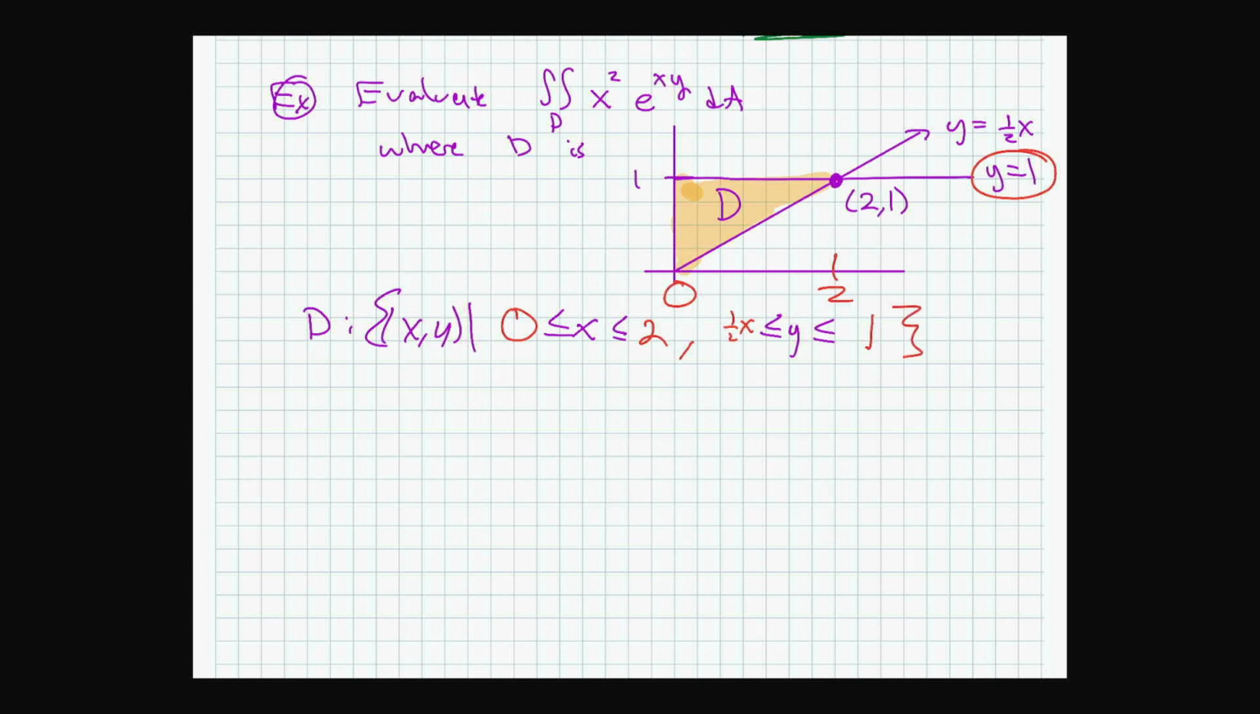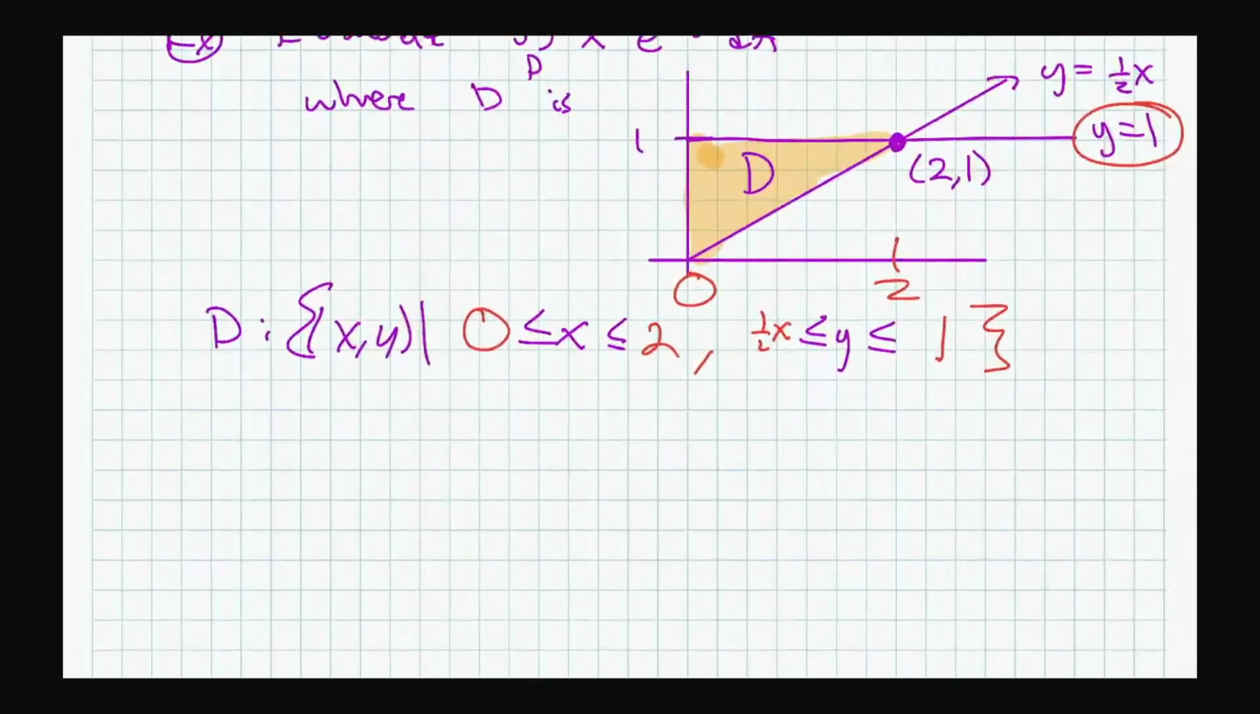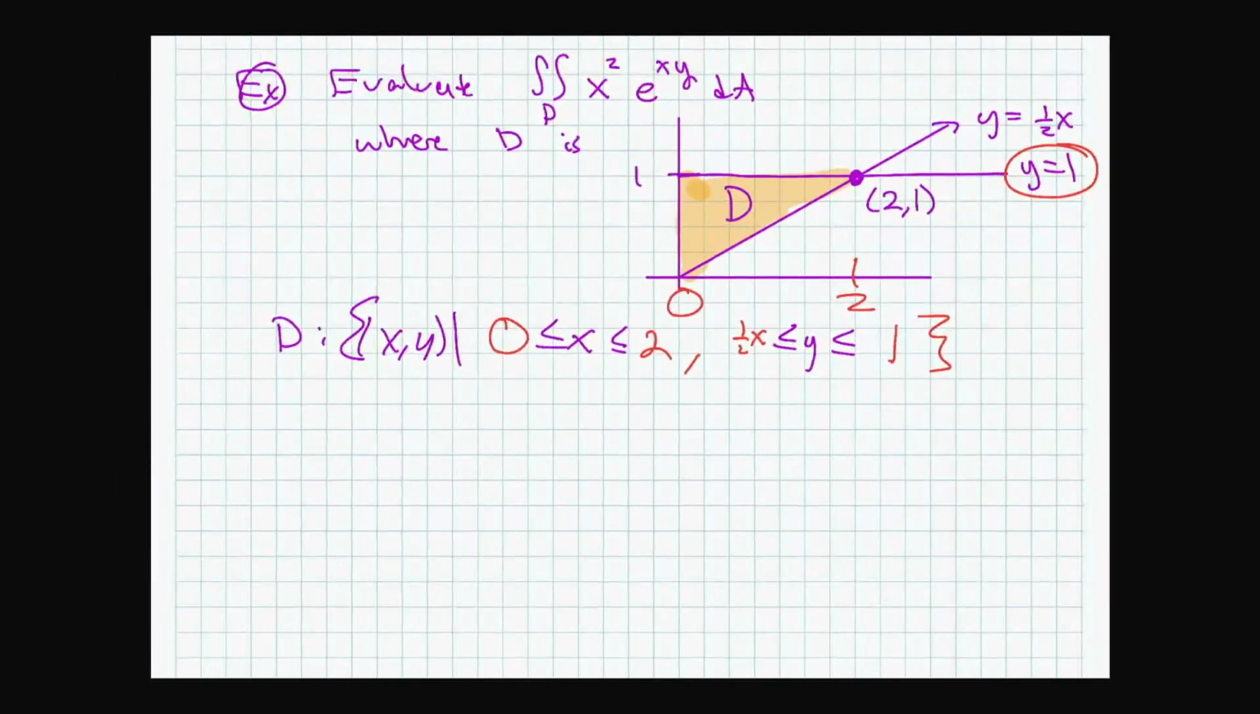Okay. Top curve, bottom curve. So we've got to get them in the right order, or you'll get the negative of the answer that you should get. And yeah, so there's the region, and we can set up our integral, right? So the integral